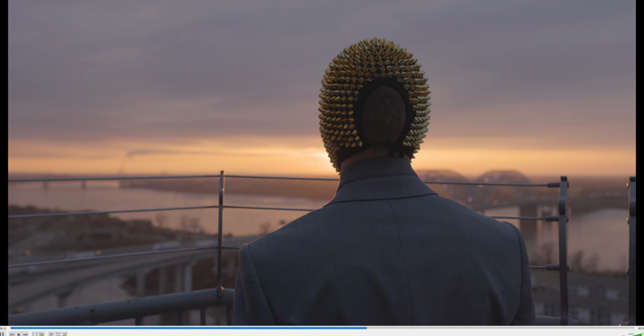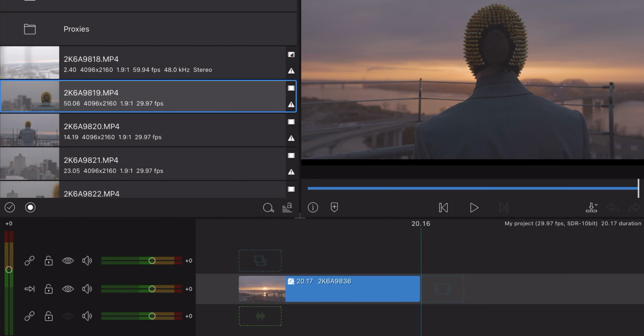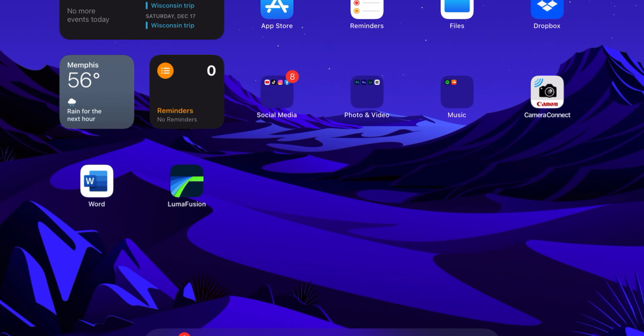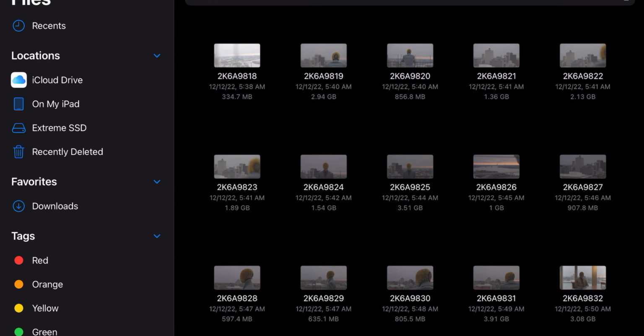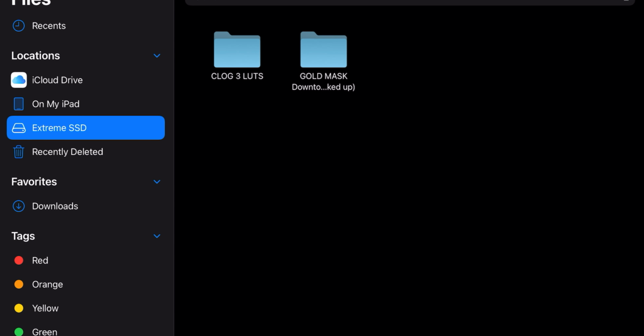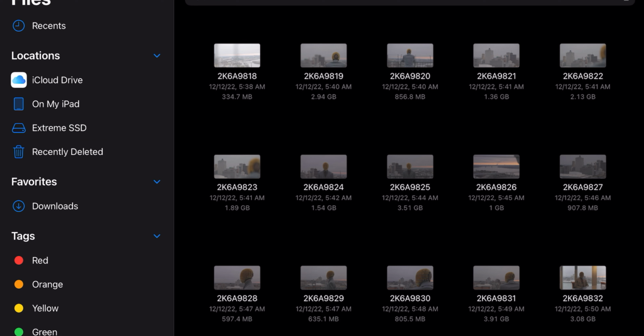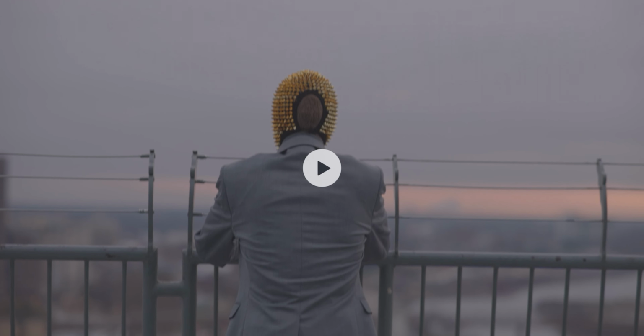So now let me show y'all on the iPad. All right, so now we're on the iPad. This is 10-bit footage, just like I showed y'all on the PC. Now if I go to Files, go to the SSD that I'm editing off of. So yes, this is off an SSD, this isn't off the iPad. And I click on any of these videos, press play,